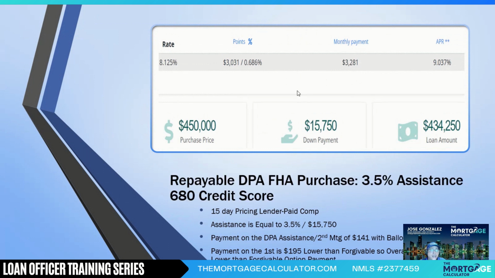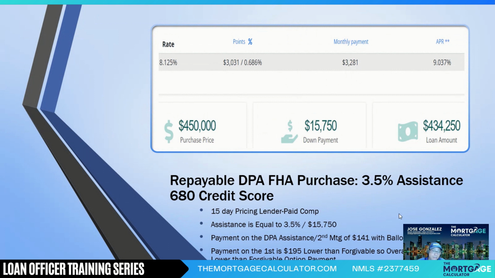And then my next one now is repayable. Now here you can see the difference, right? The payment here is $195 lower than the payment on the forgivable option. So even with our $141 per month payment to the second, we're still paying $54 less overall per month on the repayable option. But again, we're making payments for 10 years versus the other one, don't make any payments, and